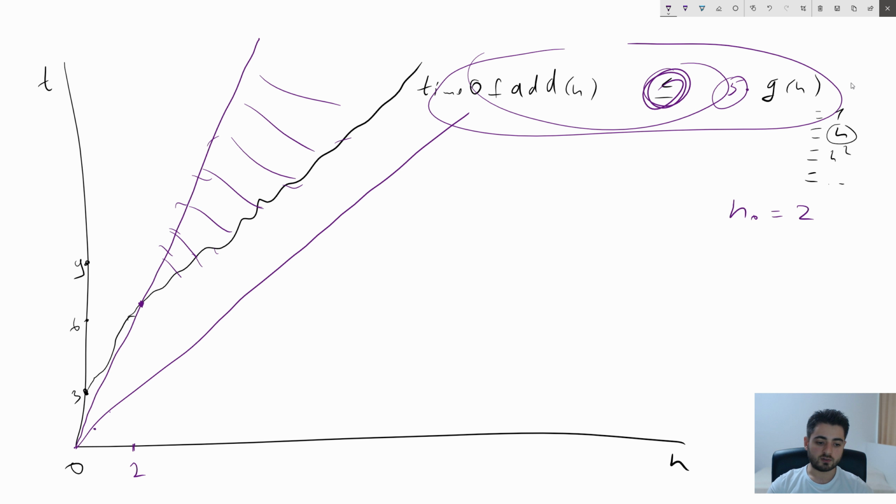And by the way, notice that over here, like in this area over here, right? Even though the complexity class is linear, it doesn't mean that this black function, time of f of n, is faster than g of n. It is only faster, or more complex, only after this, after the 2,